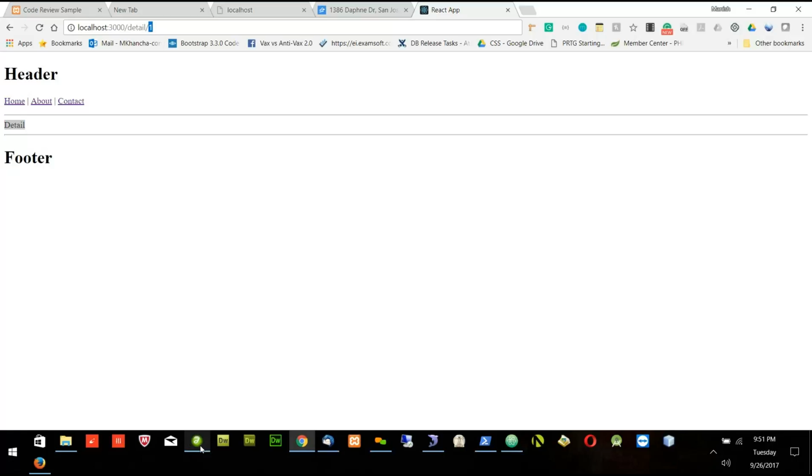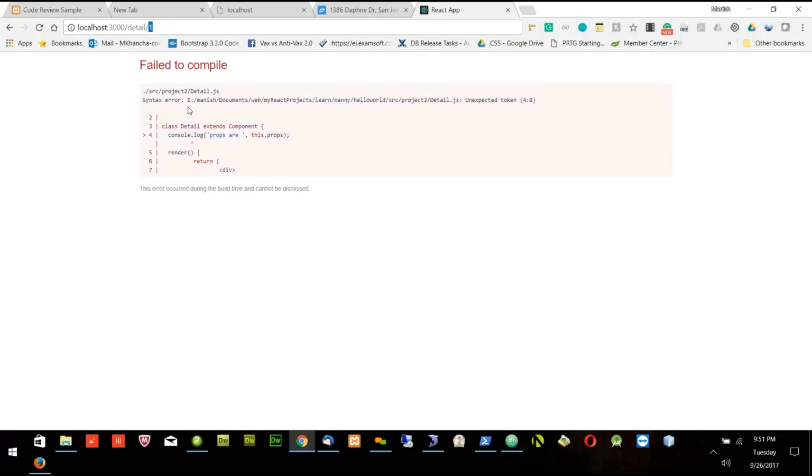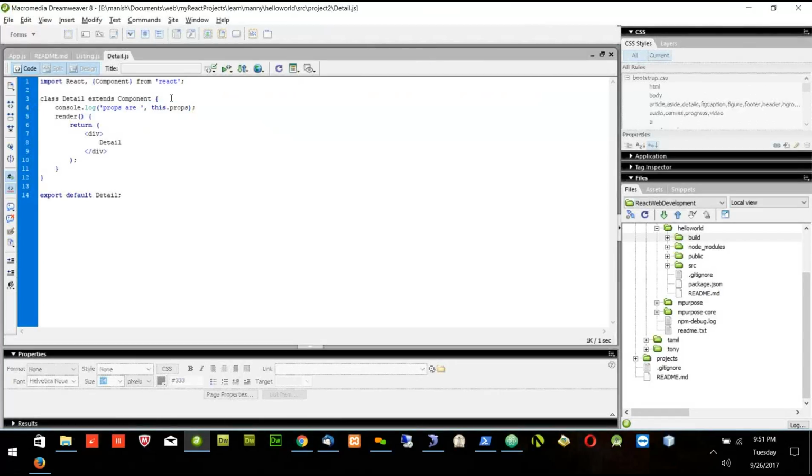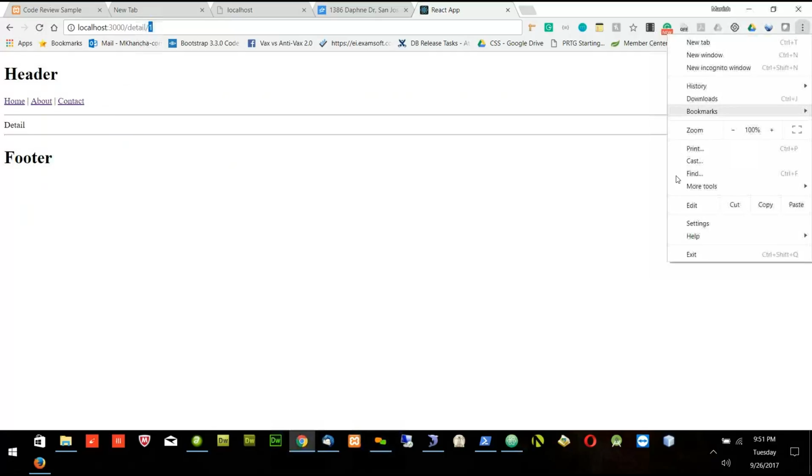To find out the value, I will put some code here, console.log, which will tell me what number I am passing. And I will say this.props, so the number will come inside the props. We want to see where exactly it is coming. Okay, this position is wrong. I have to put it inside the render function. So now when I refresh it and go to the console.log,